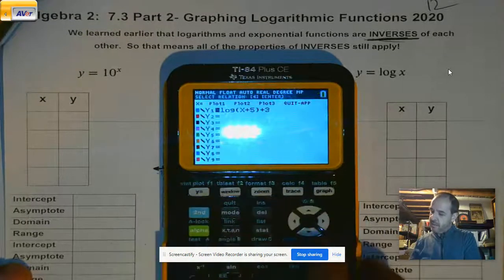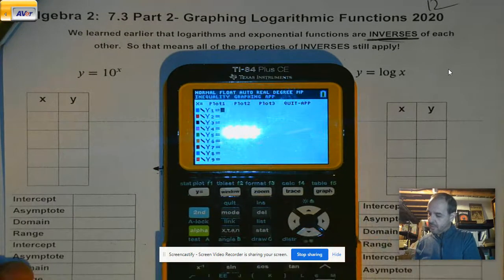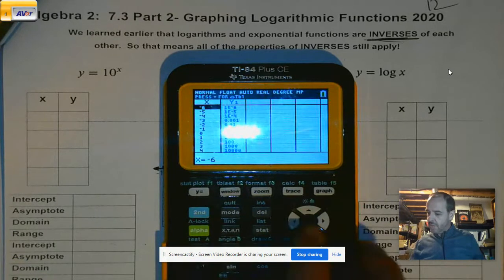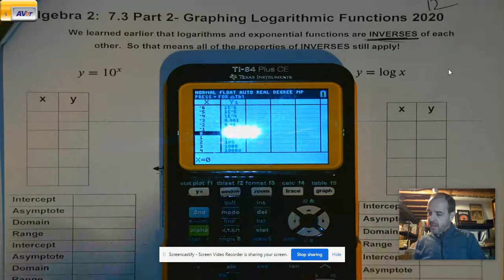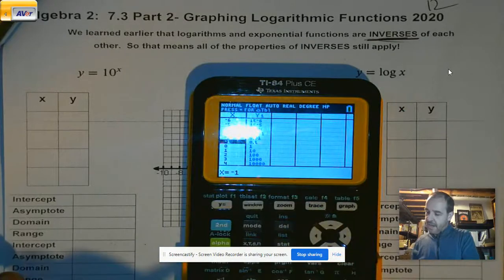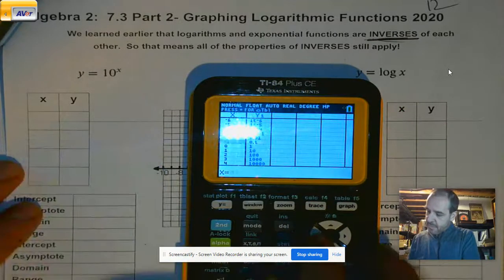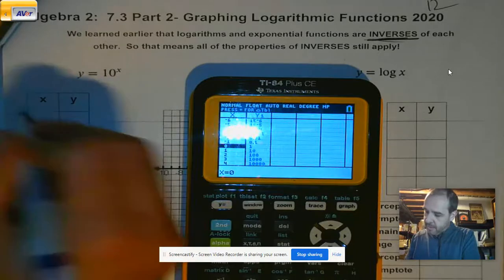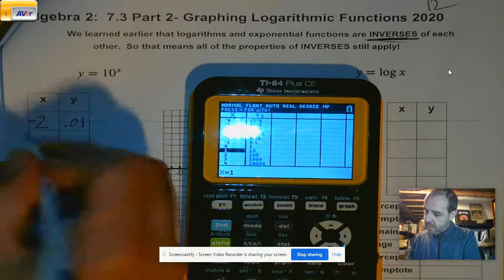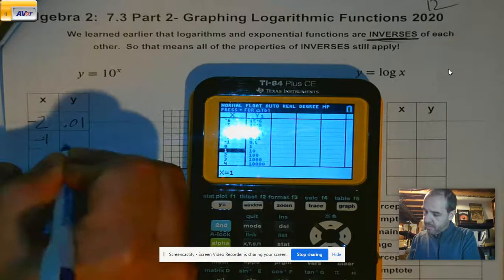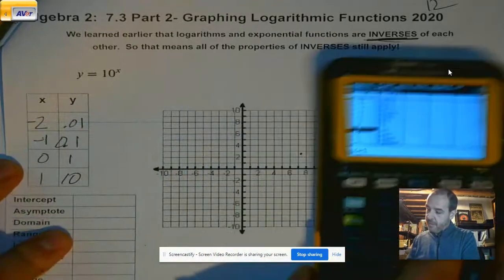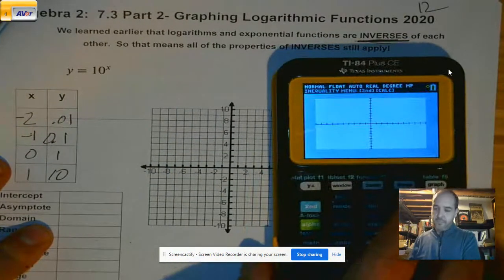Let's see. So if we go to here and we do 10 to the x power, I'm going to pull the chart first. I'm not going to worry about this other stuff yet. So I'm looking at some values here that might be able to get on here, and I notice a couple of things. I'm going to jump to the middle here. So I'm going to do negative 2, 0.01, negative 1, 0.1, 0, 1, and 1, 10. Okay? So when I actually look at the graph,